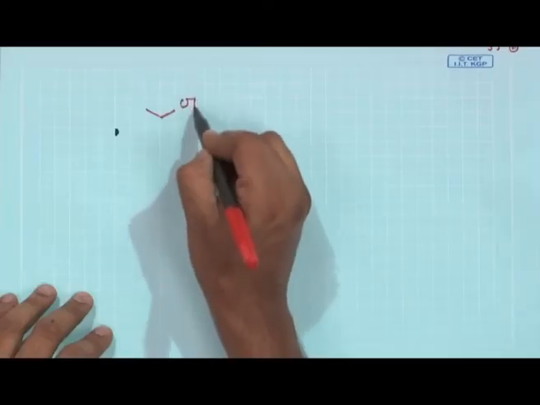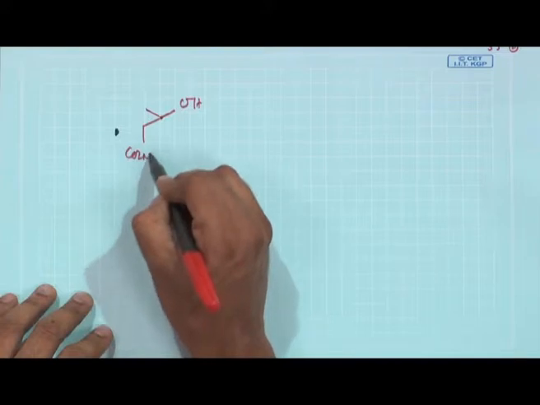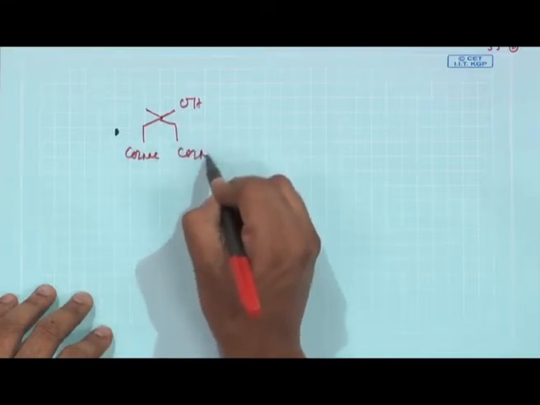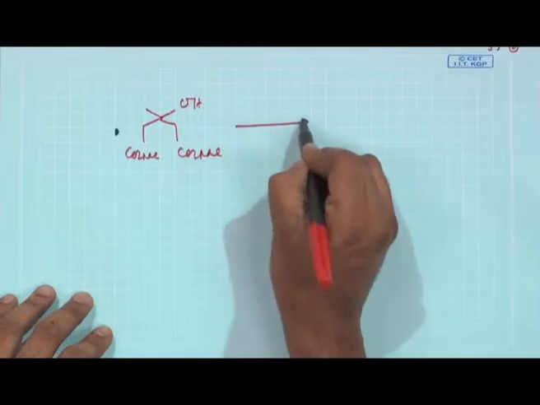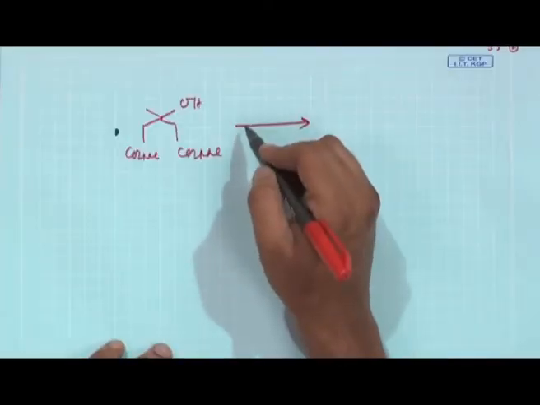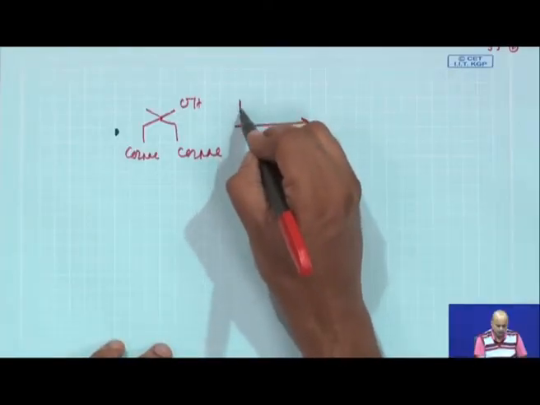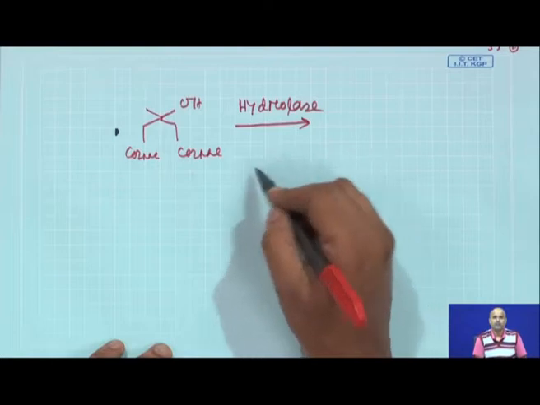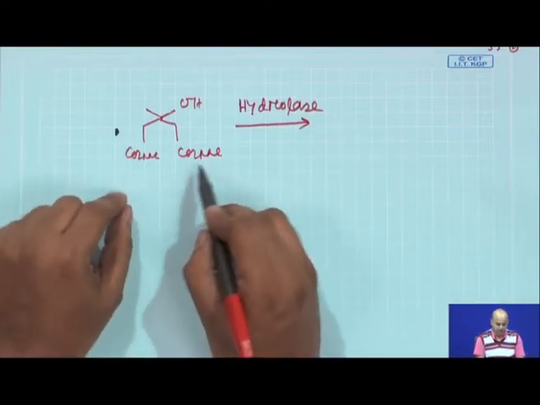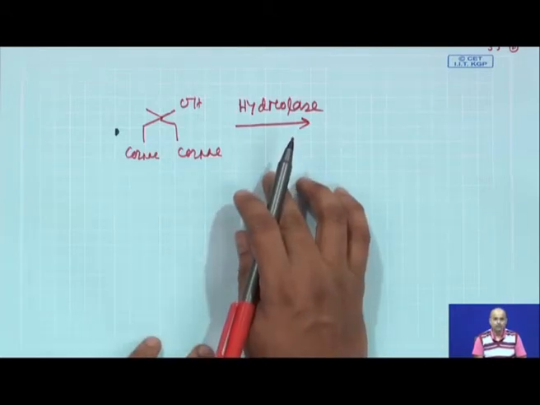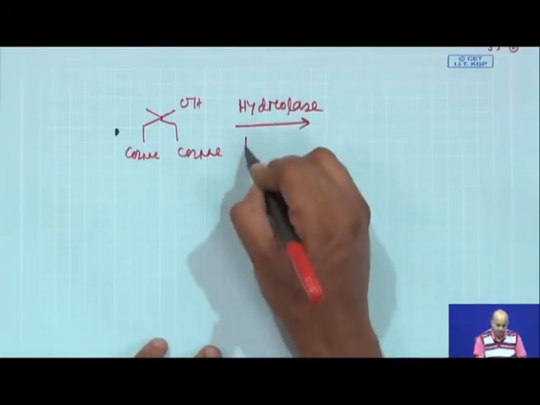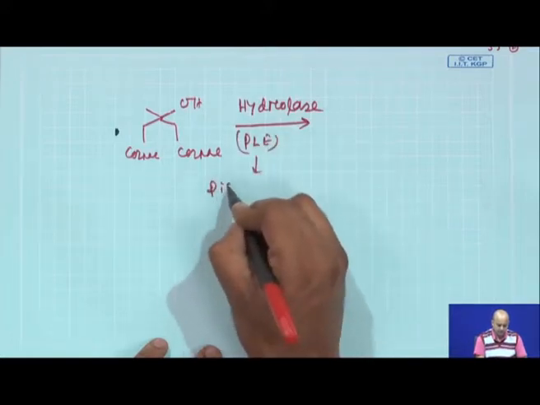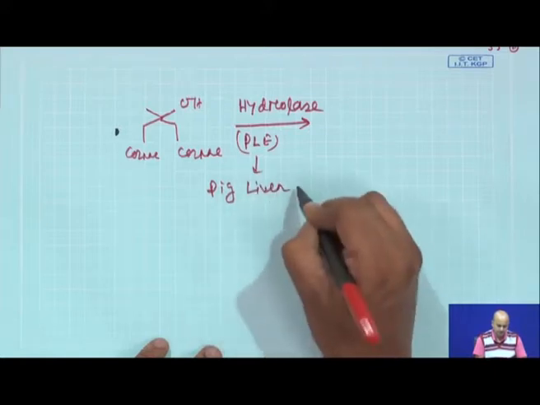The starting material is CH2CO2Me, CH2CO2Me. Now, for this kind of chiral desymmetrization you need to put them in a chiral environment. We have not talked about this chiral environment, but one of the chiral environments is given by an enzyme named hydrolase. Hydrolases are enzymes which hydrolyze ester bonds. We are not going to discuss the mechanism in detail. This hydrolase is abbreviated as PLE, which stands for pig liver esterase, isolated from pig liver.